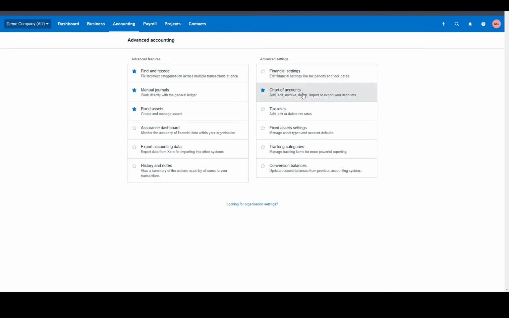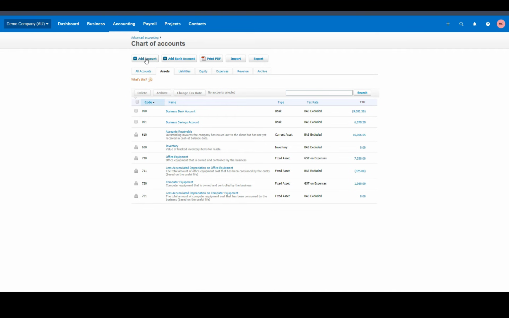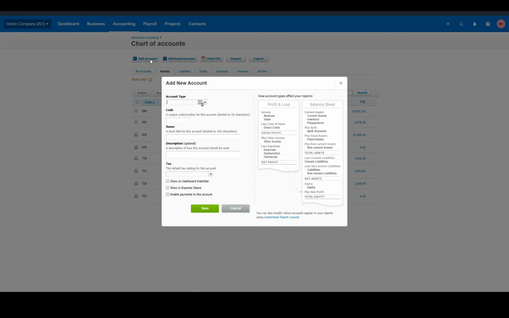So the next one down is another really important one, which is the chart of accounts. So different businesses will have different charts of accounts. So you'll need to set one up that's appropriate for your business, but it's all in here. The assets and liabilities, etc. Each one has a different tab, and you can add GL codes, and you can delete them if you haven't used them. If you have used them, you may be able to archive them instead by just ticking there and clicking on the right button. So if we just have a look at when you add an account,